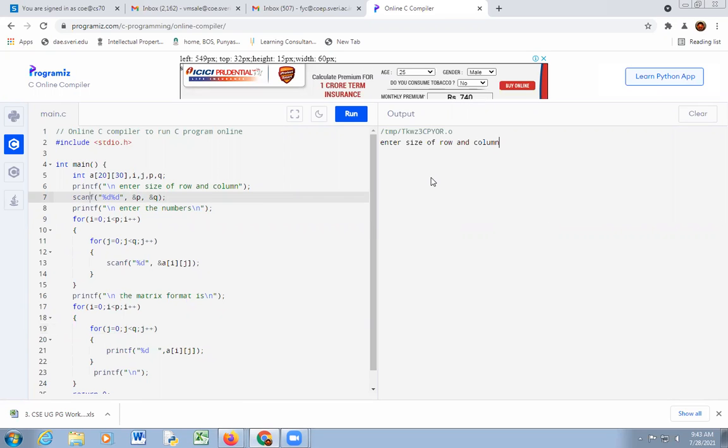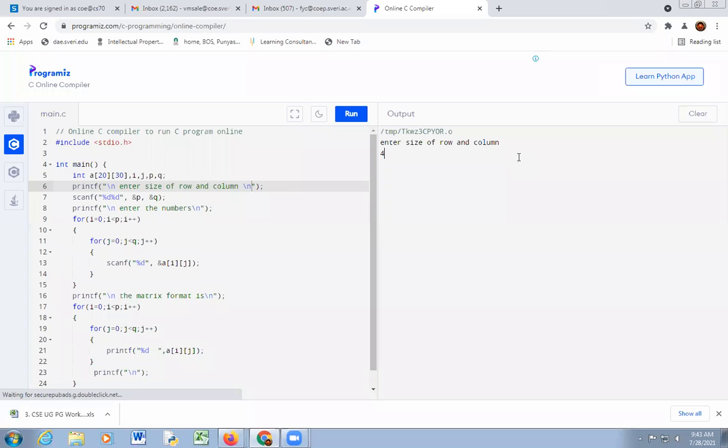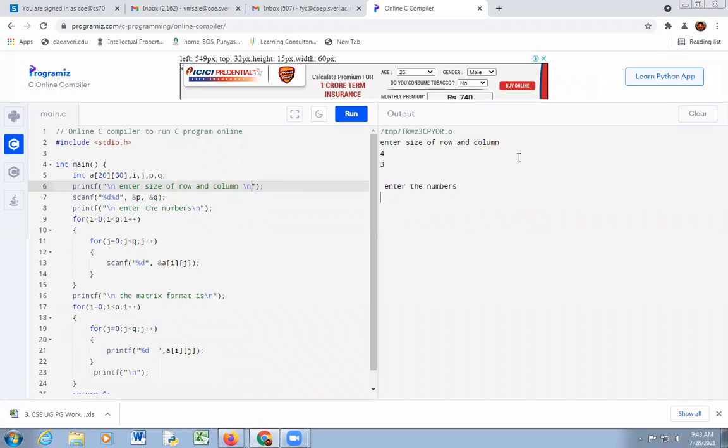Suppose the row size is 4 and the column size is 3. Then enter numbers, total numbers 12, 4 into 3, 12.